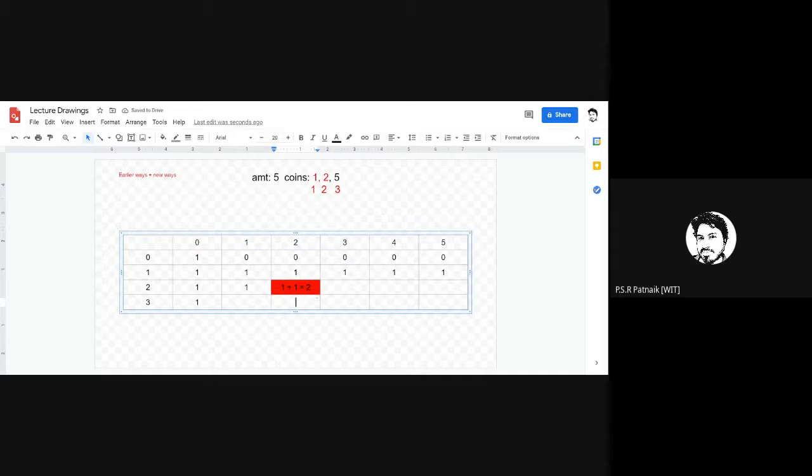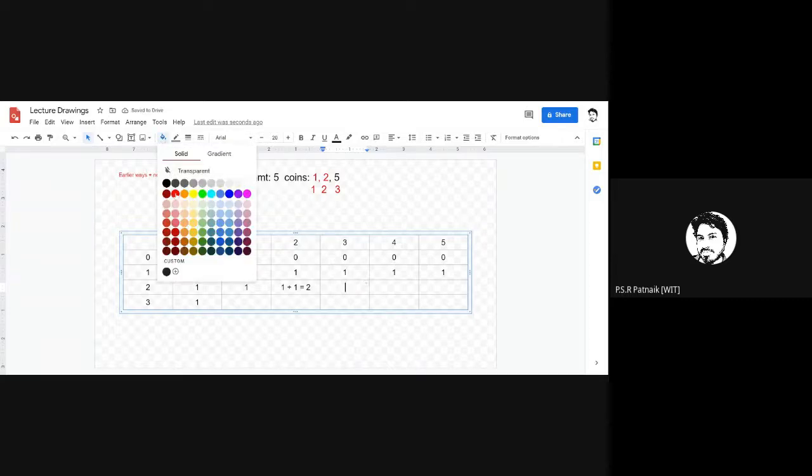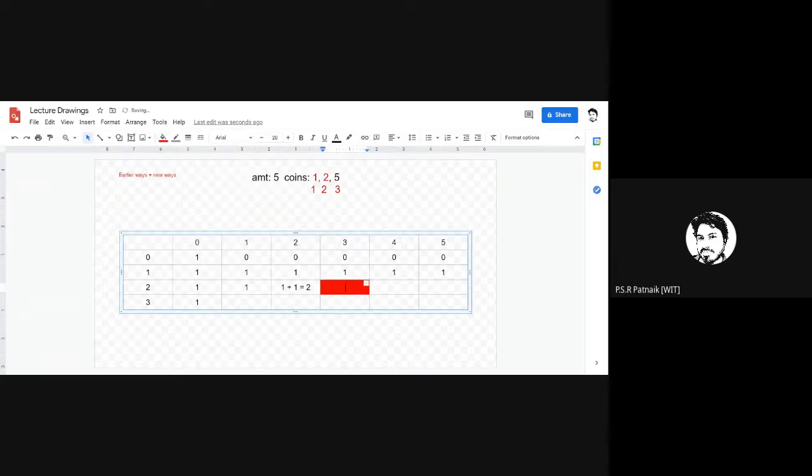Are you getting this? Now let me show you for this location. What I said is, it is 1 plus the previous solution 1, plus what I look for is the current coin at index 2, location 2.